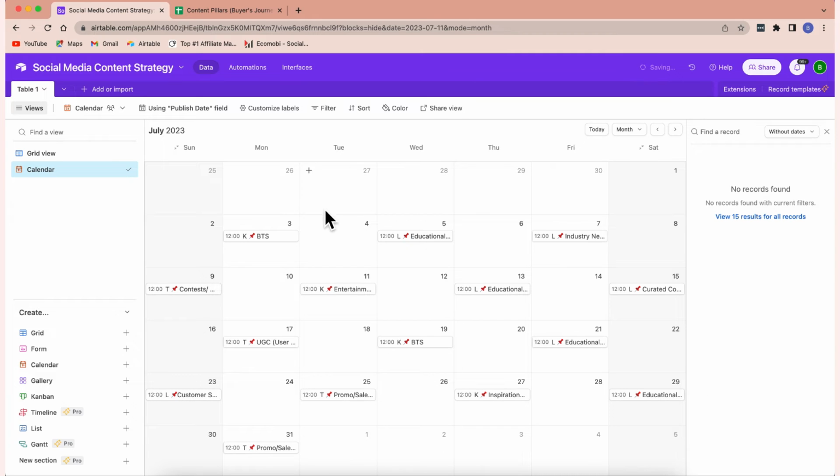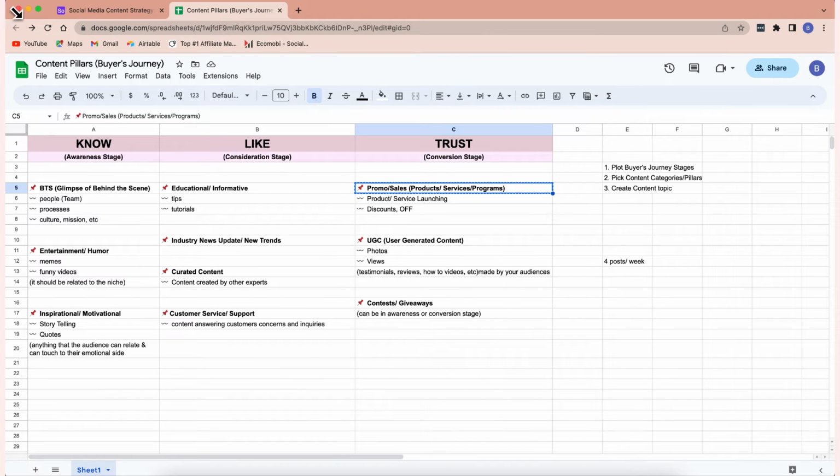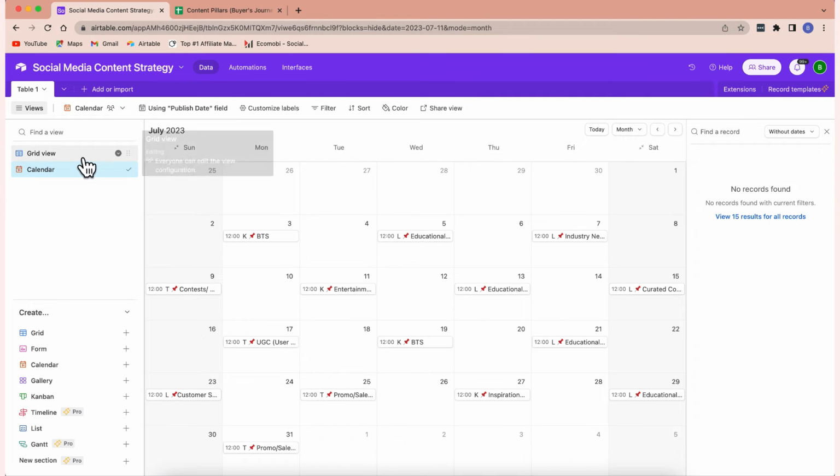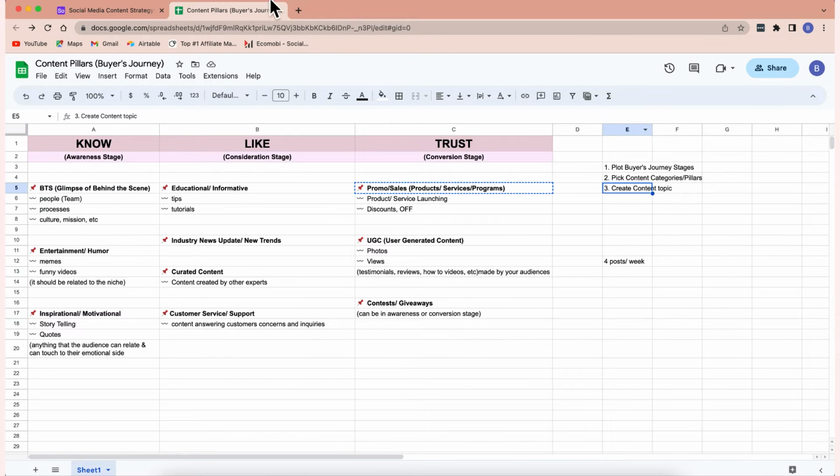So, ayan. This is the step 2. Naka-plot na yung buyer's journey mo and then meron ka ng content pillar na inassign for each buyer's journey. Now, again, it's really up to you if you are going to use these content pillars na sinadjust ko. Pwede na 3 lang or 4 or 5 or 6 yung susundin mo dito. You can have your own categories then. It really depends kasi kung ano yung niche ng client mo. Baka kasi hindi to mag-make sense. So, that's that.